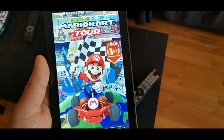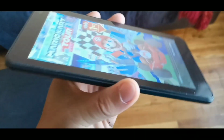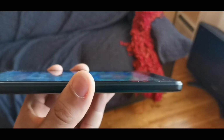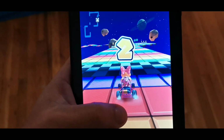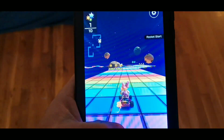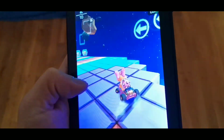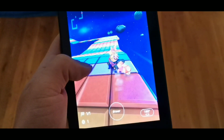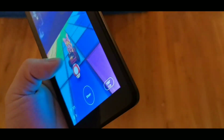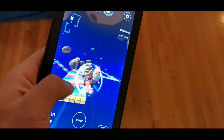So guys, this tablet has 2 GB of RAM on here, 32 GB of internal storage. Now I know what you're probably saying, 2 GB of RAM, what are you really able to do with that? Well, there's a lot of things that you are able to do with this tablet. You could even play Call of Duty on here. Now it's a bit choppy, it's not the highest graphics in the entire world, but things like Mario Racing, this thing even lets you download PUBG and you could play it. It's playable. Now, is it the best experience in the world? I'm not gonna say it is, but Standoff 2, Sonic Force,